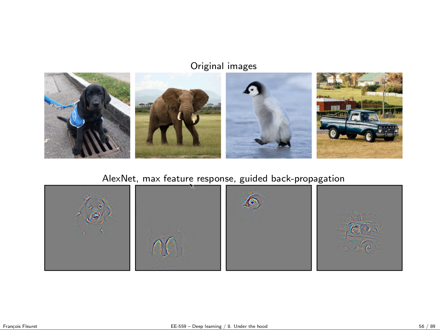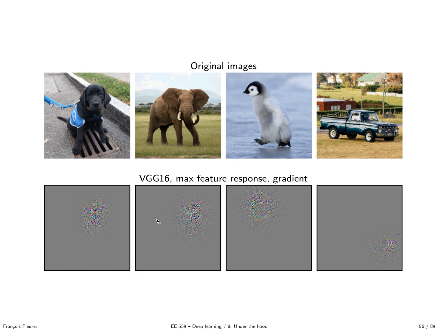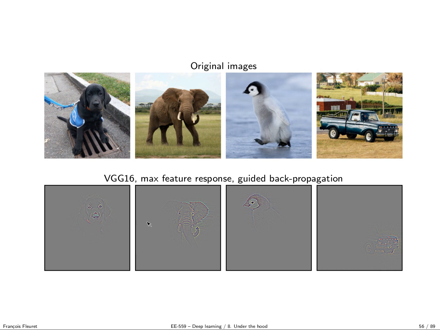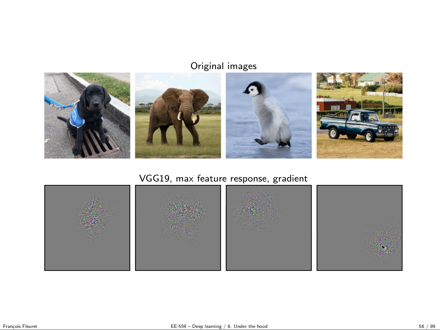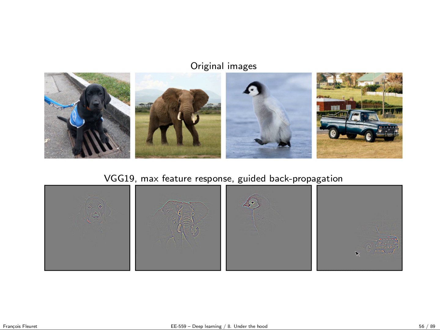So this is AlexNet. Now the same with VGG, so gradient, then deconvolution, where it's quite documented that deconvolution may create this kind of strange interference-like pattern on the images, and the guided backprop is beautiful. Guided backprop is really absolutely neat. So we see that the maximally responding unit sees the head of the dog, the head of the elephant, the head of the penguin, the front part of the car, and VGG19 is also quite similar.